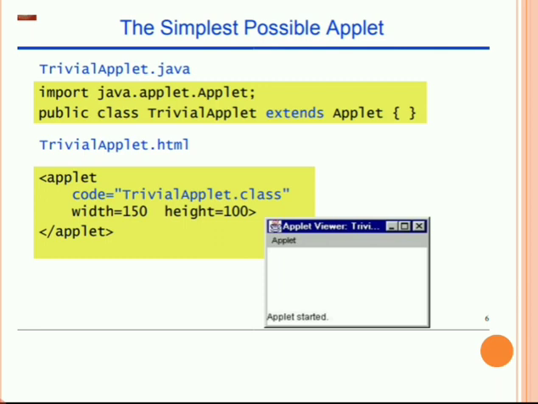Next, to retrieve a parameter, we have to use getParameter. If you want to get any parameter from the attributes we are using, to retrieve means to get that particular parameter, we have to use getParameter. Then we write String getParameter, and the param name. It returns the value of the specified parameter in the form of a string object.